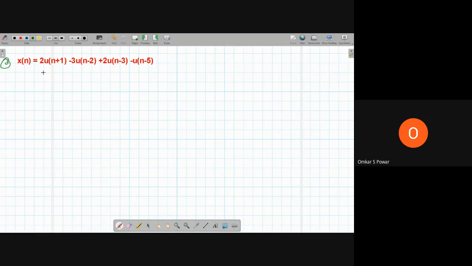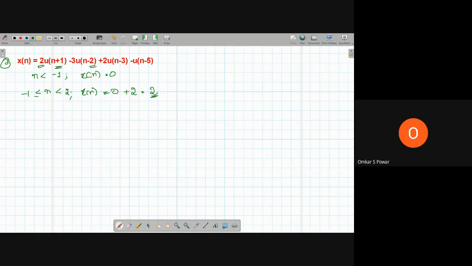So we are in our third problem here. Same thing. The same idea here. N lesser than or equal to minus 1. What is the value of x of n? 0. So for n greater than or equal to minus 1 and less than equal to plus 2, x of n is equal to 0 plus 2, which is 2.